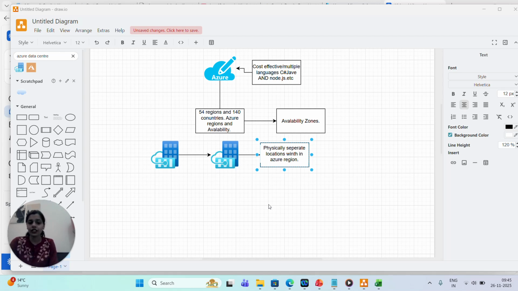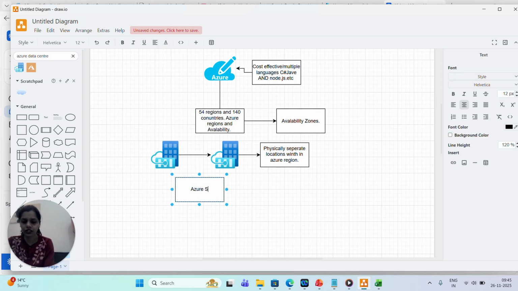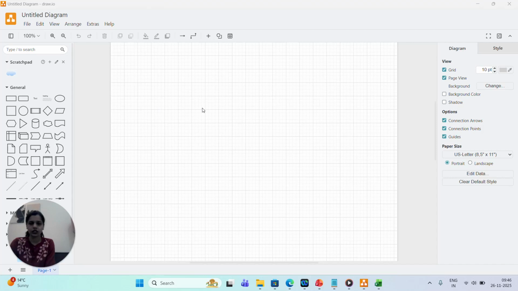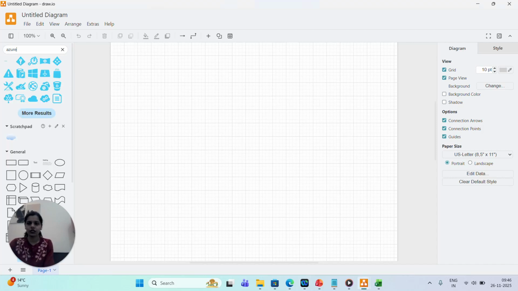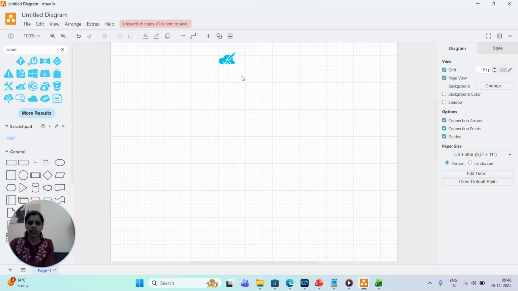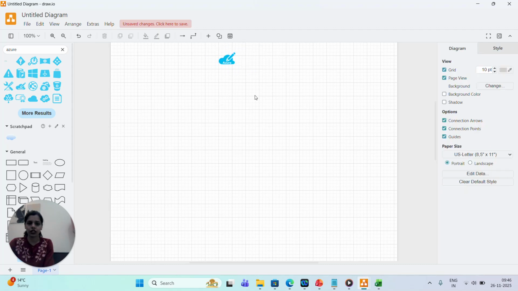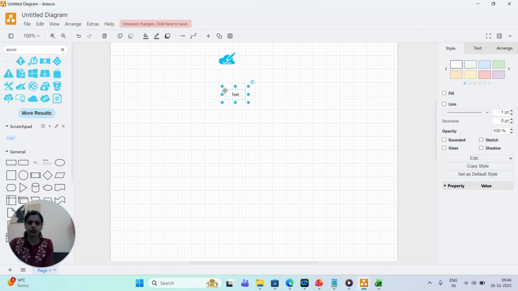So if I talk about the Microsoft Azure services, we have multiple services when it comes to Azure. We'll discuss them one by one. Okay, so let's talk about Azure services here. Let's begin from scratch. Azure services are grouped into domains based on the business needs. So the main domains of Azure, the very first domain is